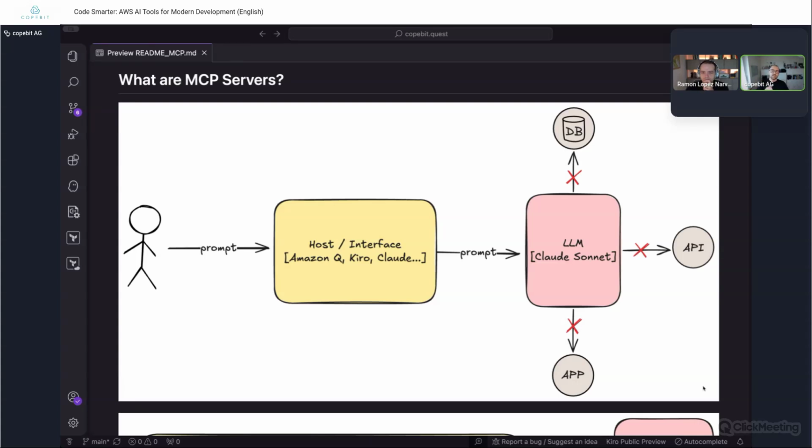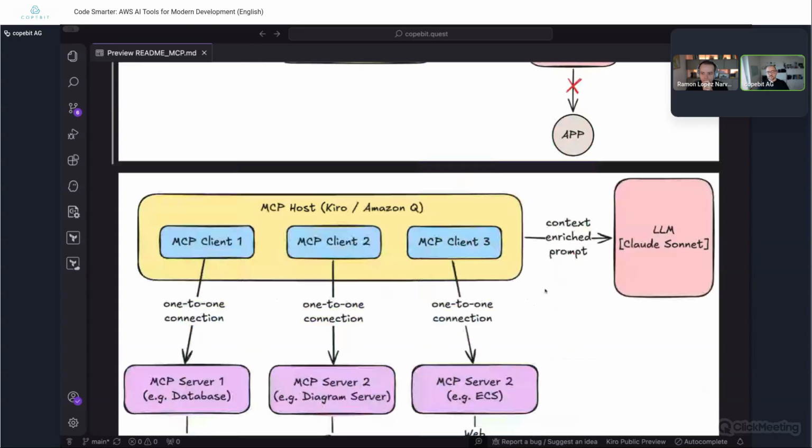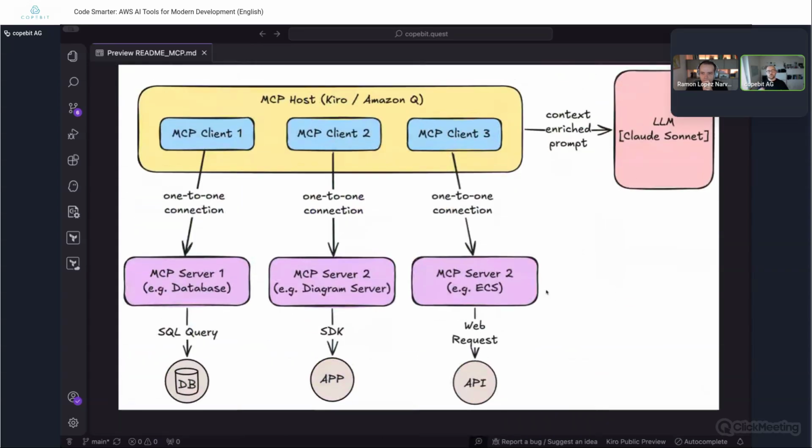So this is where MCP comes in, the Model Context Protocol, an open standard that is basically nothing else than a client-server protocol. So how does this work? We have an MCP host, in our case Kiro or Amazon Q, where we configure the MCP servers, and these MCP clients that get started then communicate with the MCP server. And the MCP server offers tools to the MCP host that the LLM decides on which tool to use for which task.